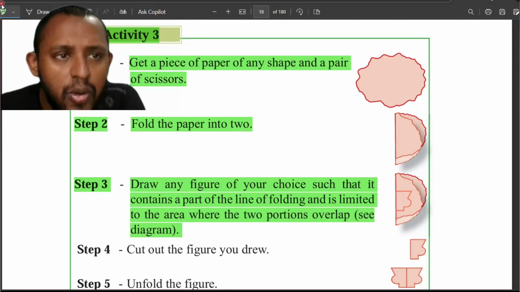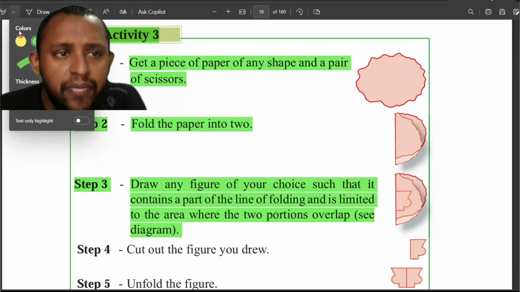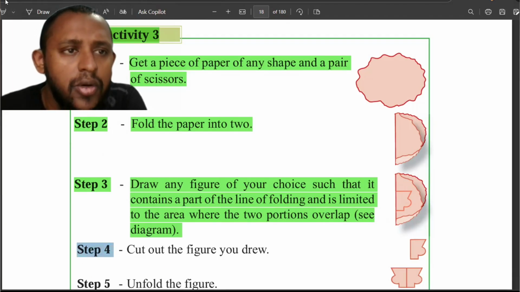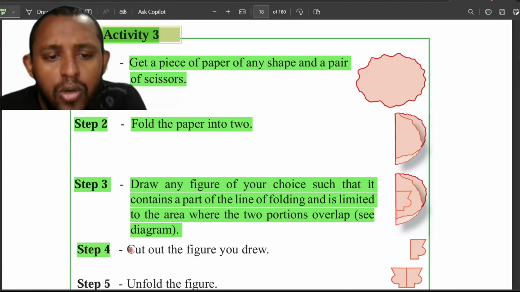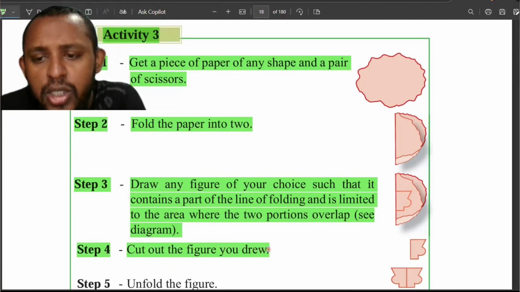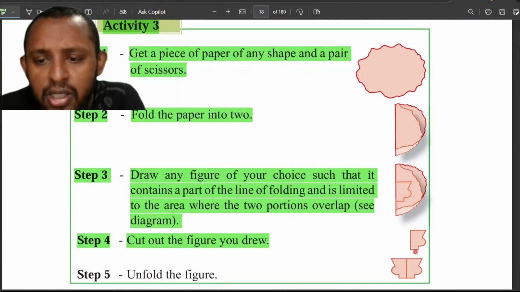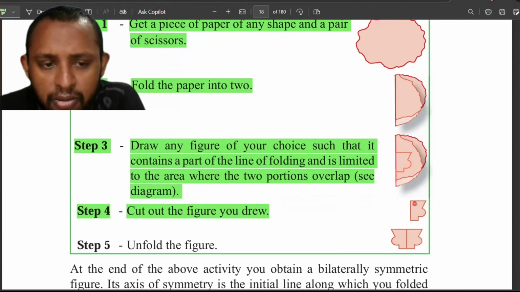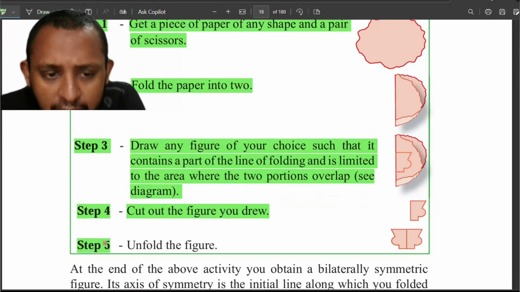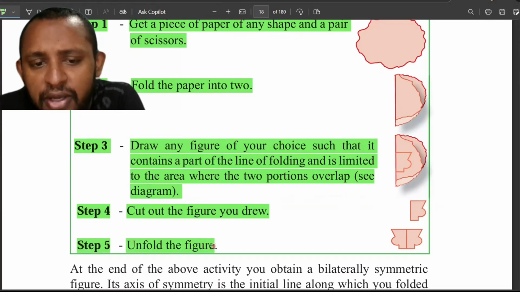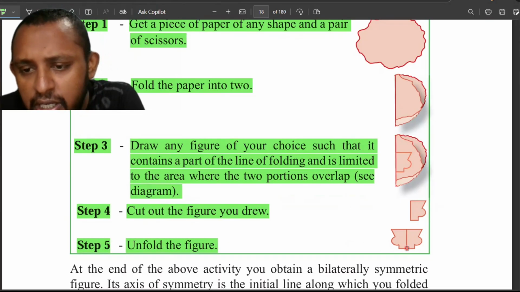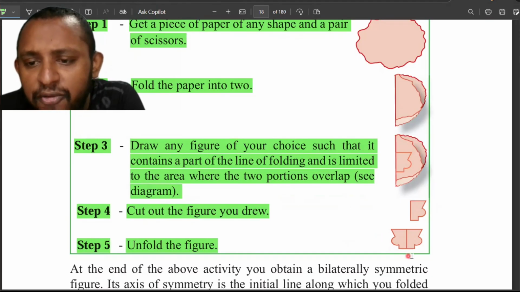So later what you have to do under step 4, right? Under step 4, you have to cut out the figure you drew. Here is the figure you drew previously. You are cutting that down. Okay. After that, under step 5, you have to unfold the figure. Once you unfold the figure, it will show you such a